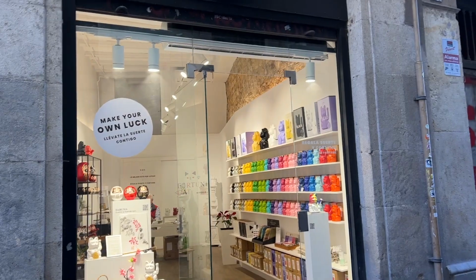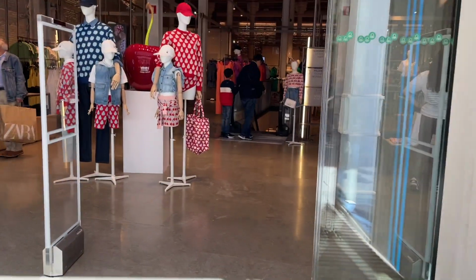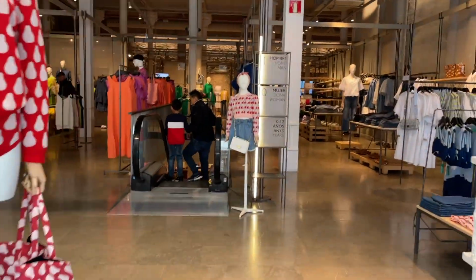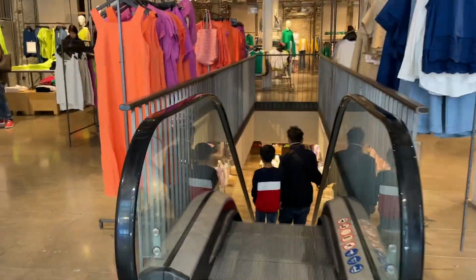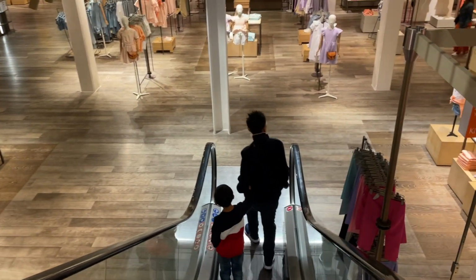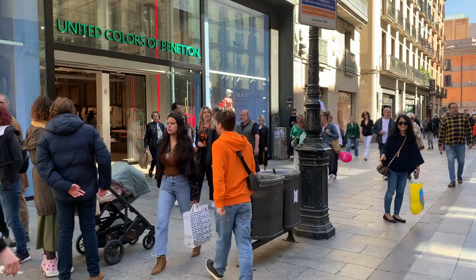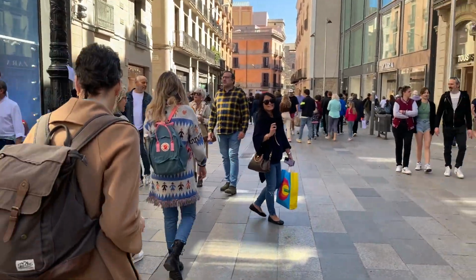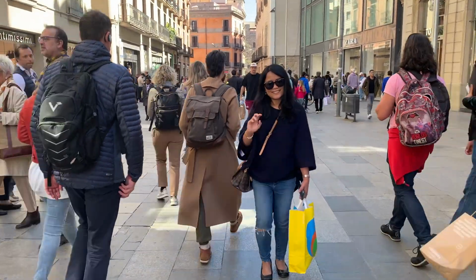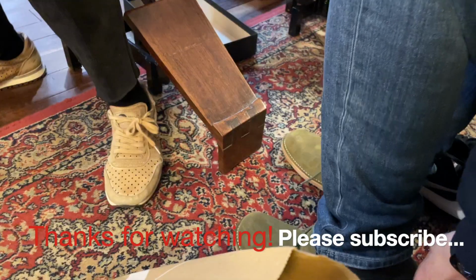Earlier, it was a ducky store. Now, it's a cat store. Yeah. Cats. Husband and Josh are here at the Benetton. We're checking out this place. 1927. Oh, 1977. I thought it's like